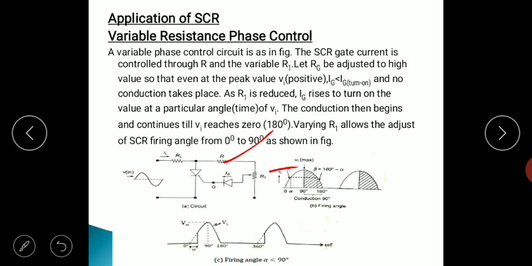If you trigger it at 0, we get the complete 180 degree conduction, and if you trigger it at 90 degrees, you get conduction for only 90 degrees. Hence, by varying the resistance connected at the gate terminal of the SCR, we are varying the phase, and in turn the conduction angle, by changing the firing angle of the SCR. That is a very important application of the SCR.